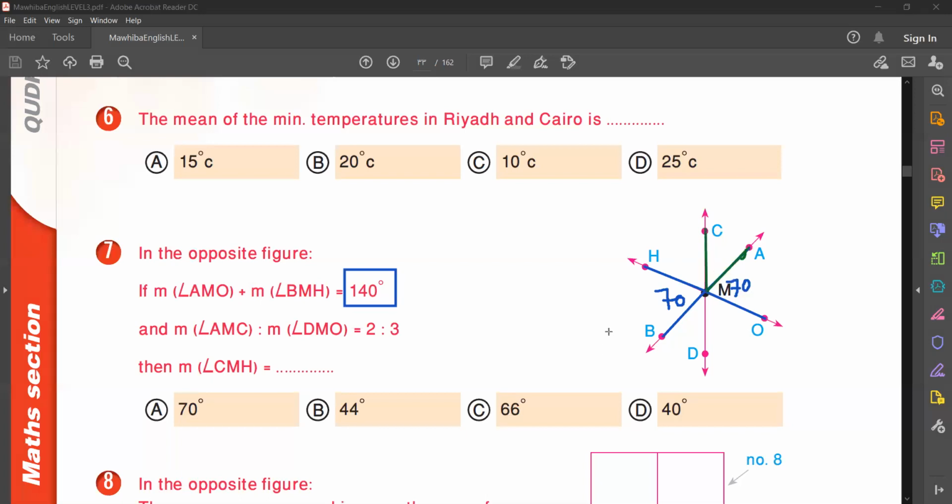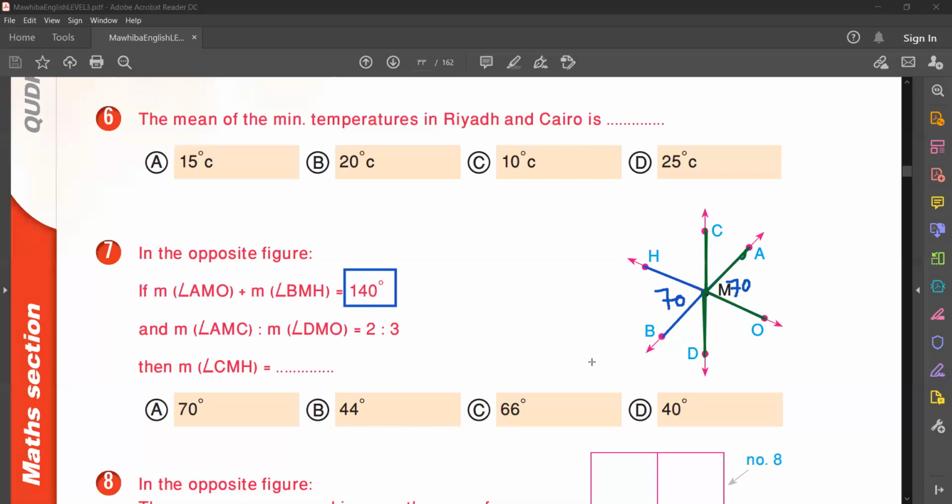AMC, and DMO, where is it? DMO. He said 2/3. What's meaning 2/3? Look here,